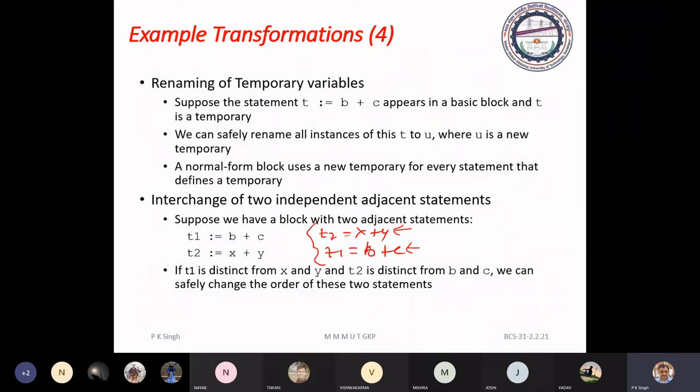Here you are using T2, x, y, but in the other 3 address statement T2, x, y are not being used, so it will not affect. You can easily interchange it.